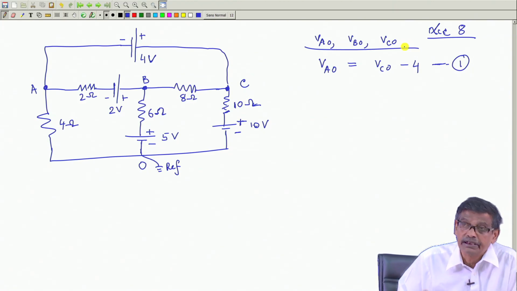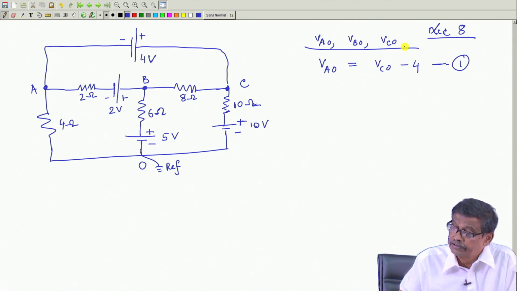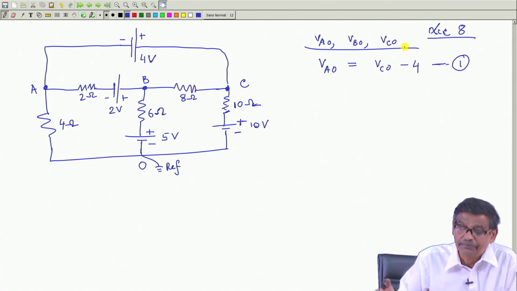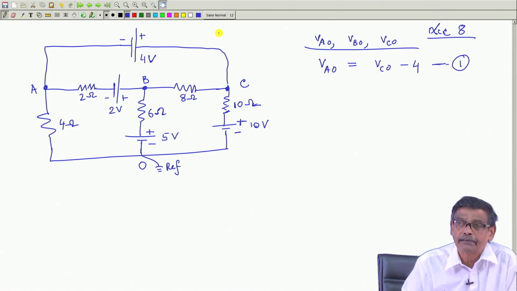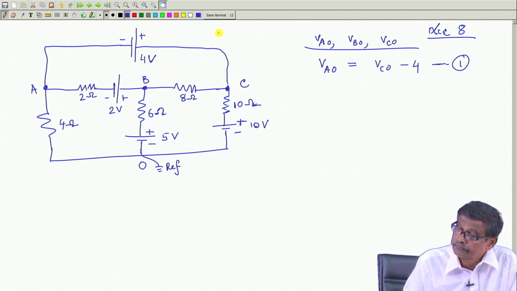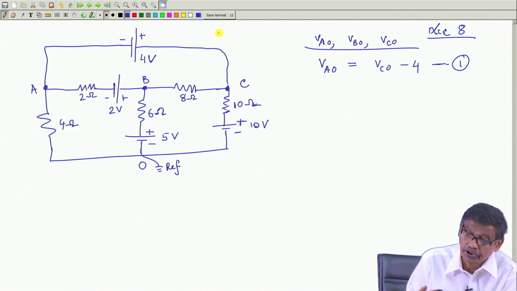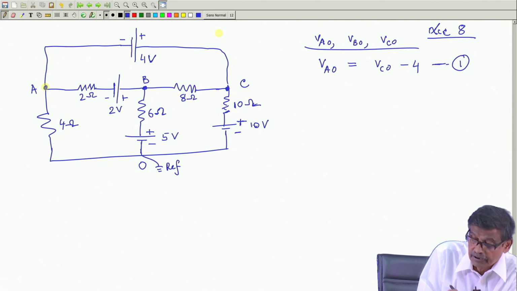These are my equations to be written. So, KCL is to be written to generate the equations, but one equation is gifted by the very definition of the problem, because Va0 is nothing but Vc0 - 4 volt. So, one equation I have got. Then I have to write down two more equations, is not? So, two more equations how can I write? For example, at node A,